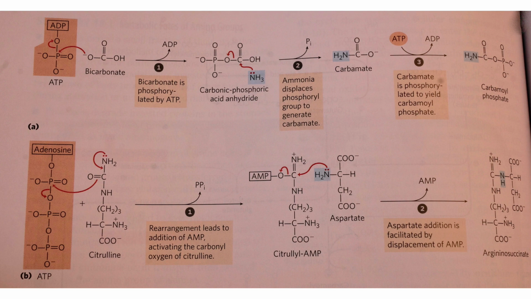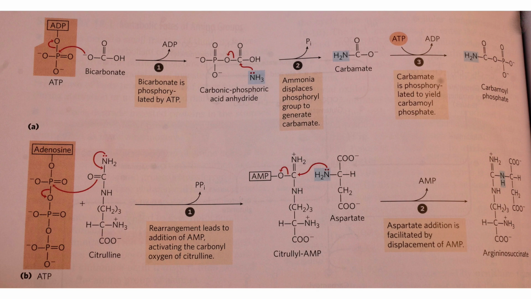Schematic of it right here. So ATP is here, there's bicarb. So again, we've activated the bicarbonate phosphorylation right here. It's an anhydride linkage, which has an energy cleavage point here, and you get ammonia displaced in the phosphoryl group, and you get carbamate ion right